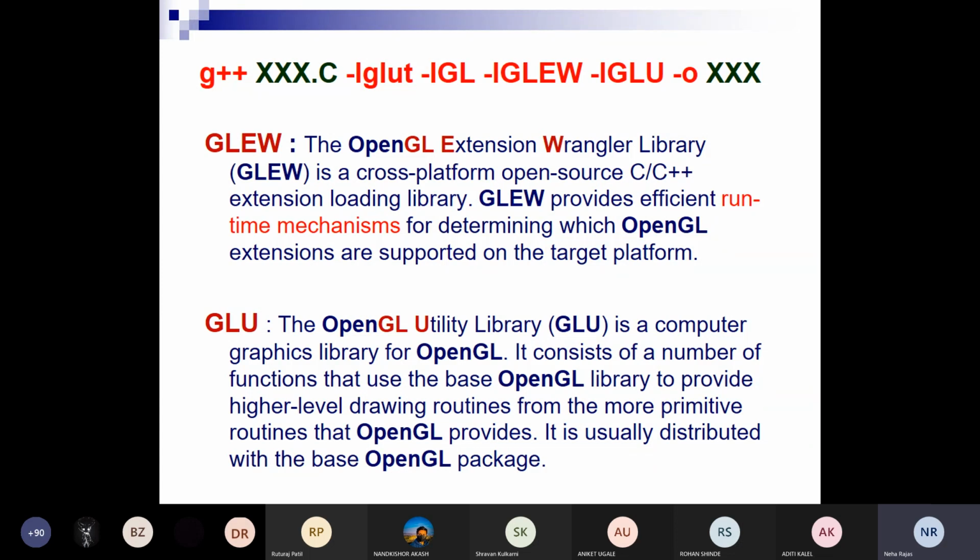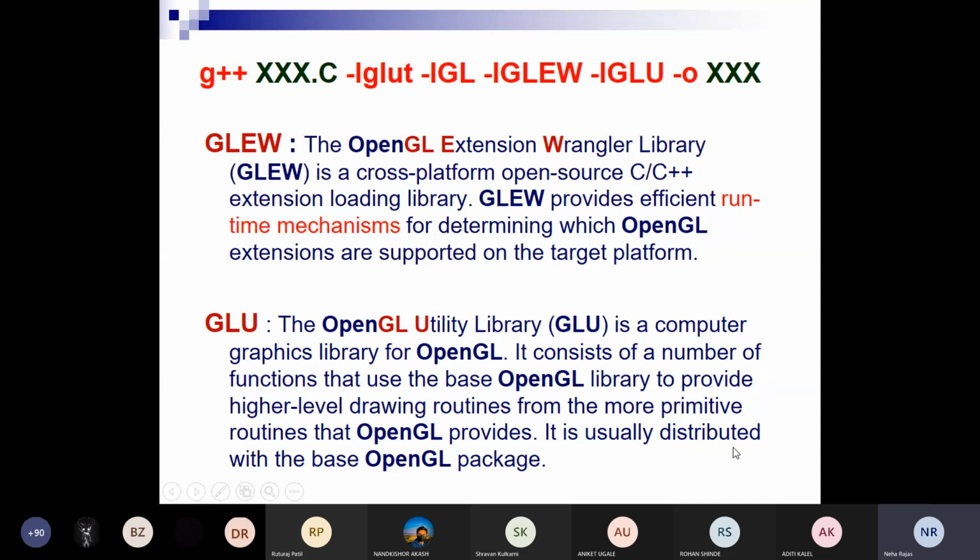So what is GLU? The OpenGL Utility library is a computer graphics library for OpenGL. It consists of a number of functions that use the base OpenGL library to provide higher level drawing routines from the more primitive routines that OpenGL provides.